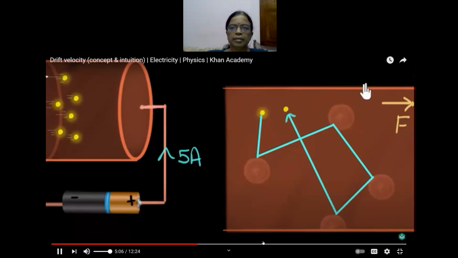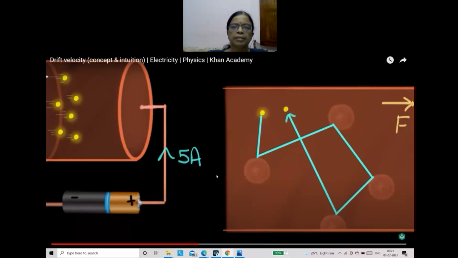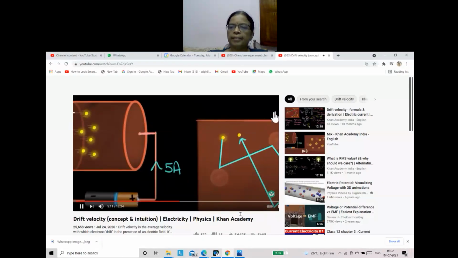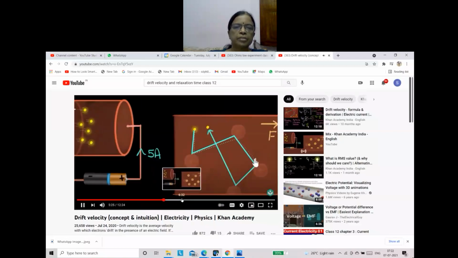As a result, the electron will now take a slightly different path. Because it is being accelerated towards the right, instead of bouncing from here, it may bounce off a little bit towards the right. This is the new path. Then from here, instead of bouncing over here, it will bounce somewhere over here. Then it goes on with a constant